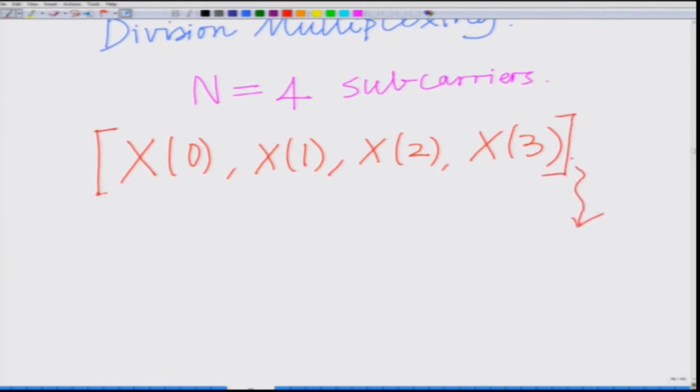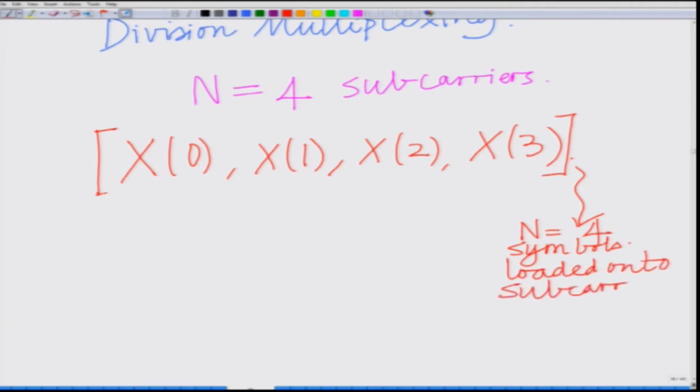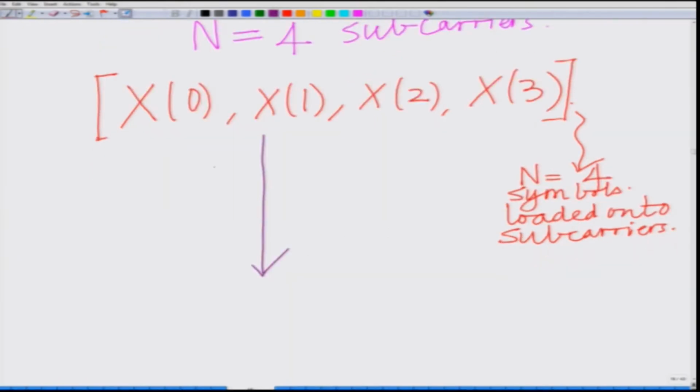These are basically your n equal to 4 symbols, which are basically loaded onto the subcarriers,